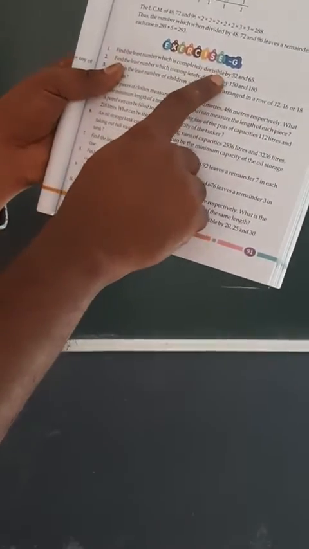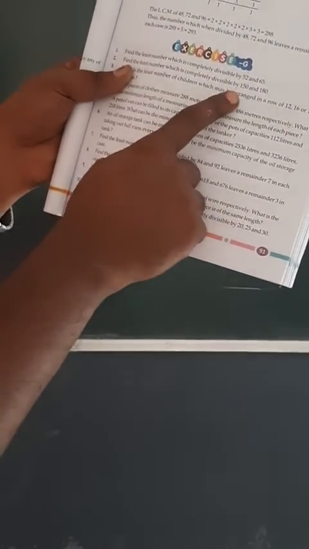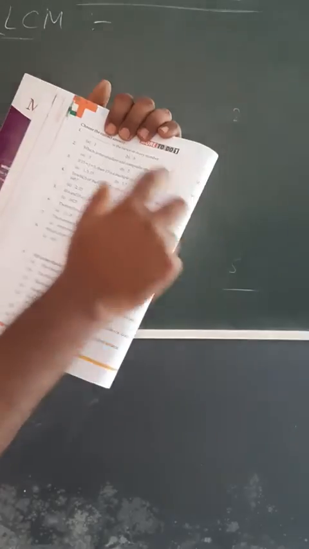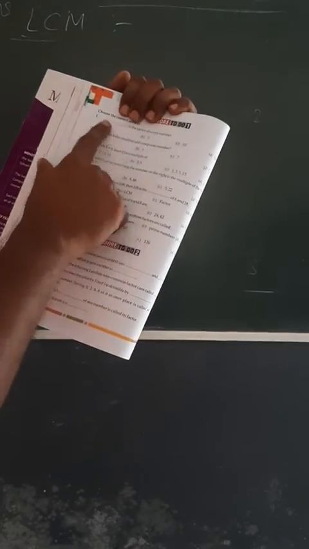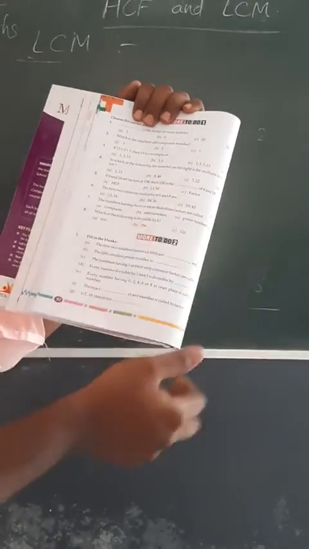So almost similar problems are there. Least number which is completely divisible, exactly divisible among these. Here we have to find the LCM of the given numbers. If there are three numbers, take all the three numbers together and follow the same factorization method. This is a simple test. Options are given. You can find the proper answer, the right answer.